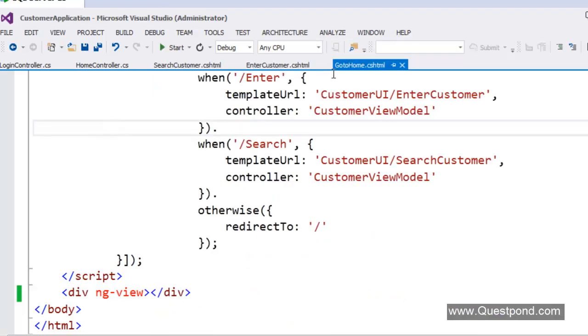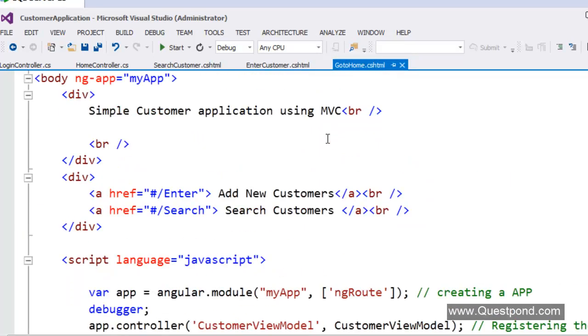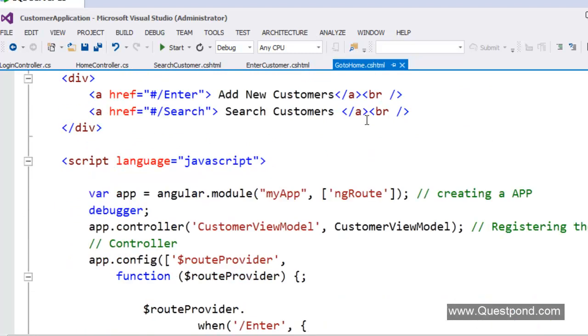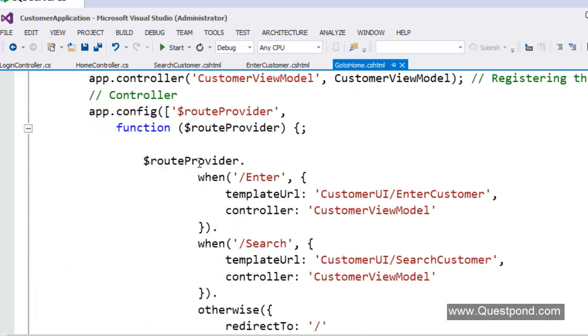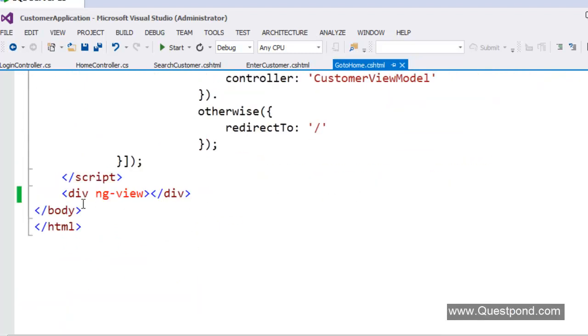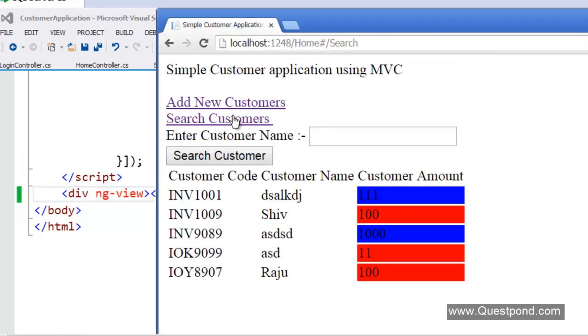The main shell page is now go to home.cshtml, and it has this text here, simple customer application using MVC. And whenever we are clicking on the routes, or whenever we are clicking on these URLs, it is going to this route. Depending on the URL name, it actually loads the UI, and the loading of the UI is taking place inside this div tag here. Great.